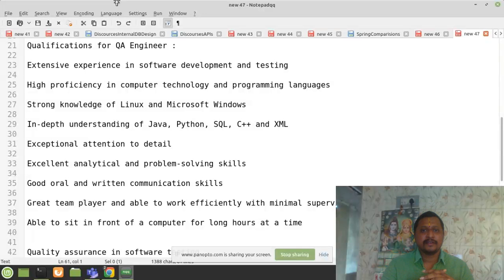That means teamwork plays a great role in developing any application. So the QA engineer must have the qualification of working together as a team player,